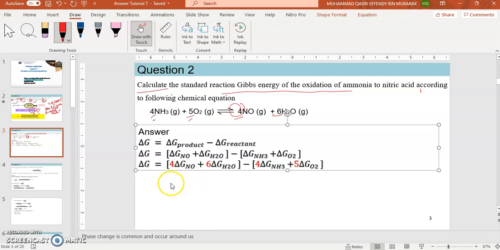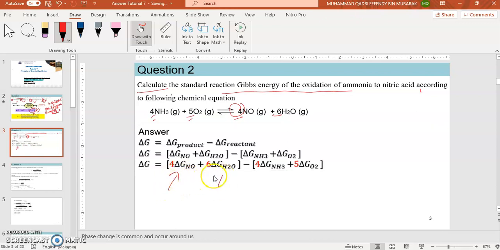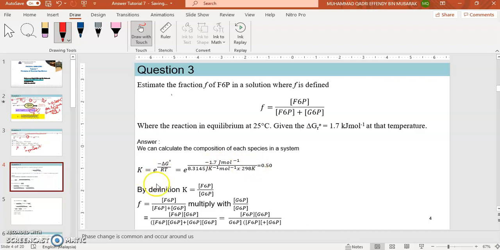Now what we need to do is find the value for each of the species. You can refer to the appendix, and I will leave it to you to answer this question. You just plug in the numbers for the Gibbs energy of nitrogen oxide, water, ammonia, and oxygen, and you will get the answer for this question. And we move to